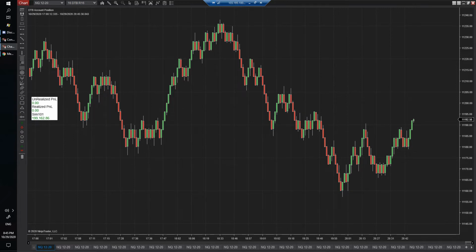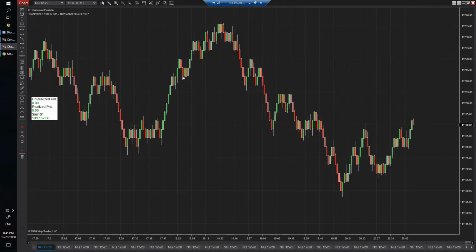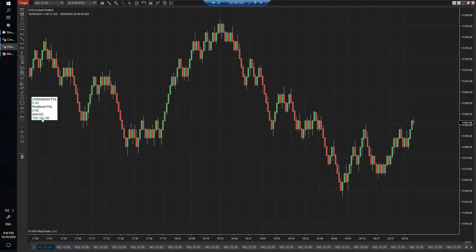of the video. Our first indicator is the account position. Now this is a basic indicator, and what it does is it just plots the account that you would like selected. So you can go ahead and select any account you want presented on the chart, and also the positioning of the indicator on the chart. Now I have positioned this indicator in a certain spot, which will be discussed in a later video, that really